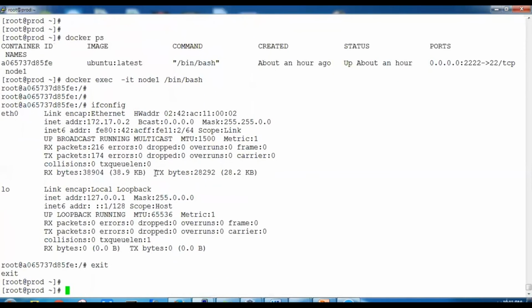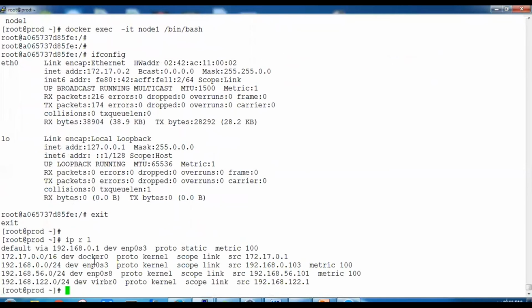We'll come out from this and we'll say ip a. So for docker0, the IP is this. All right. Now, where is this connected? That we have to find out. So basically, if we take this one, it will connect to the main network. This is the network of 192.168.56, this one, 101.